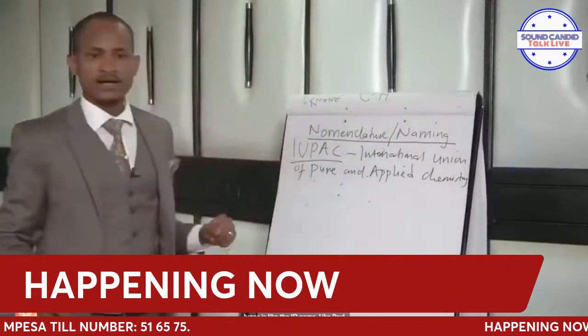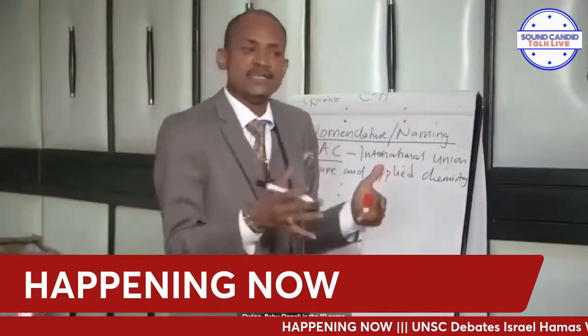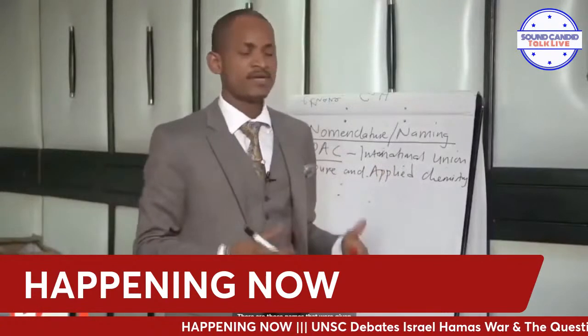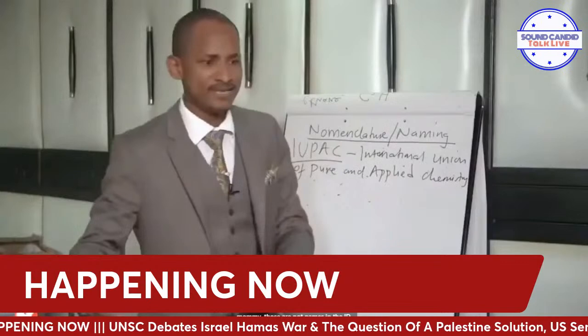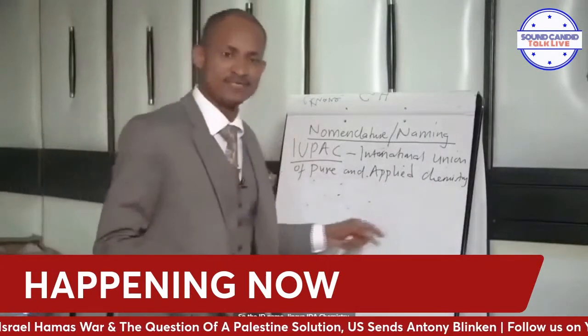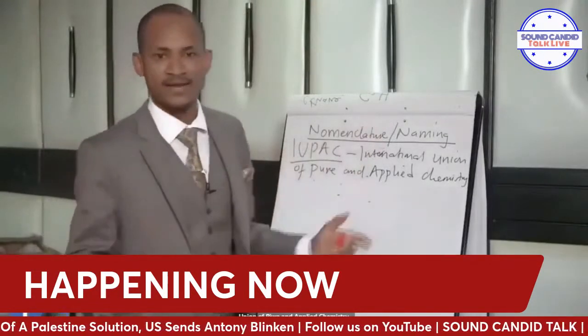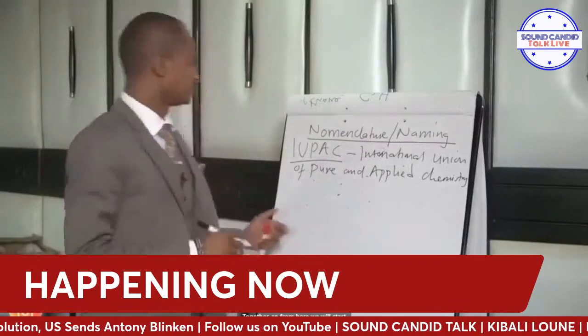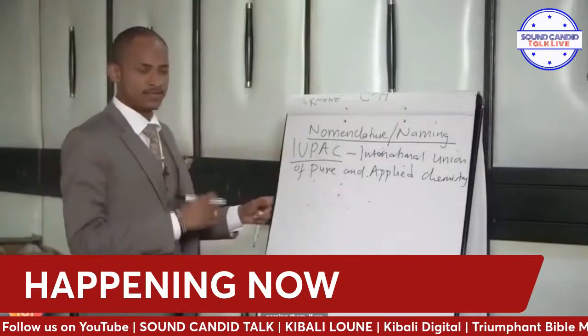IUPAC is like the ID name, like Paul Owino Babu Ongili is the ID name. Those names that you are given by your parents from home, daddy, mummy, are not names in the ID. So the ID name of chemistry is called IUPAC, the International Union of Pure and Applied Chemistry. Together? So from here we will start naming them.